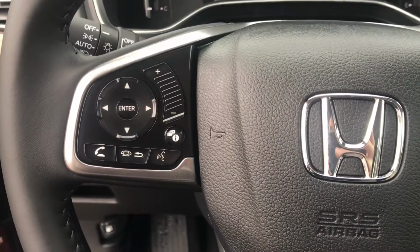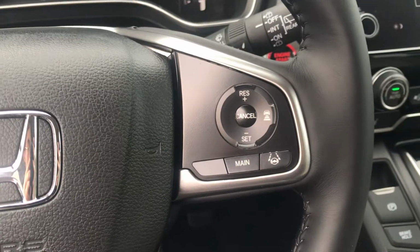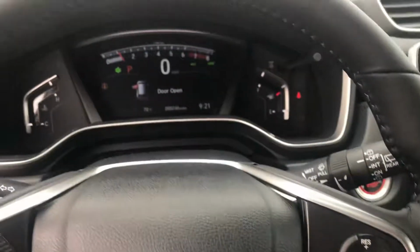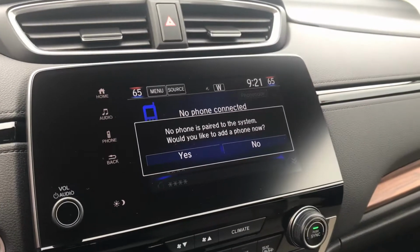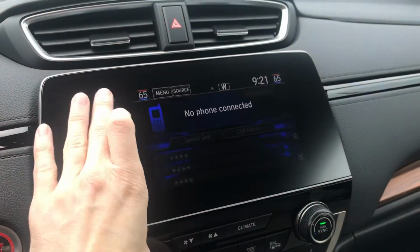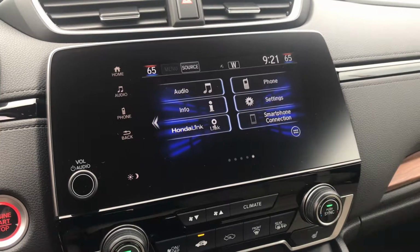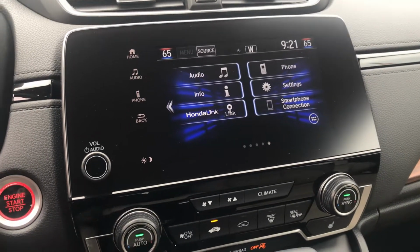you'll have steering wheel controls. You'll also have the Honda Sensing Suite, which includes adaptive cruise control and lane keeping assist. You'll be able to pair your phone in. You'll also have Android Auto and Apple CarPlay integration, Bluetooth for your audio,